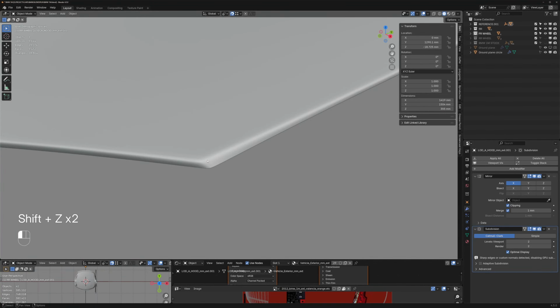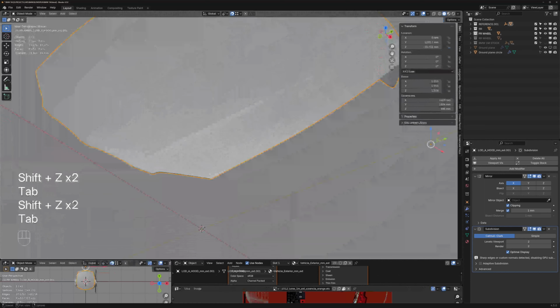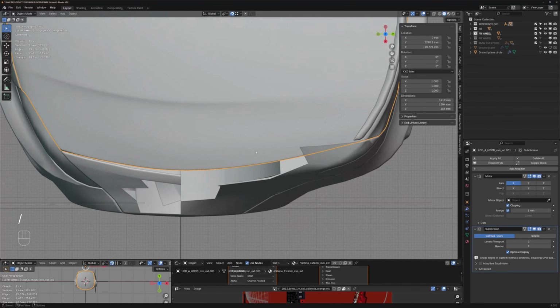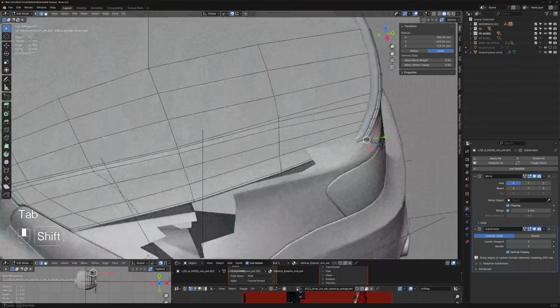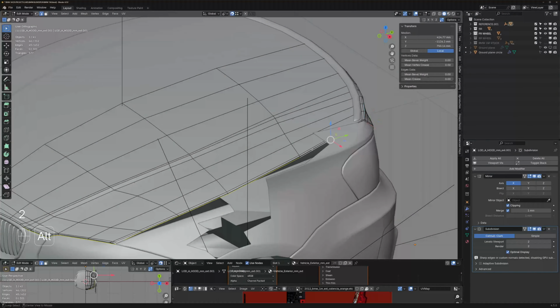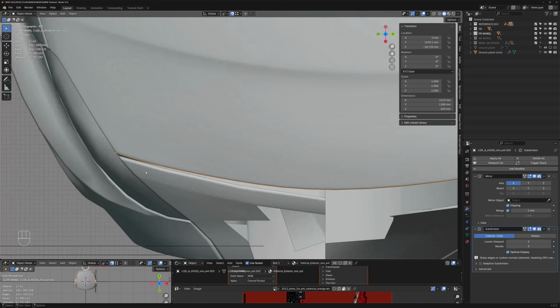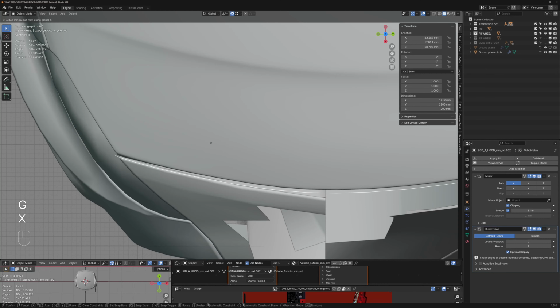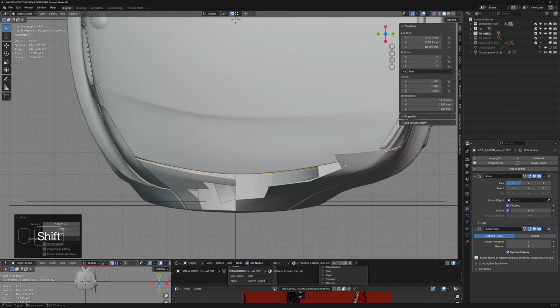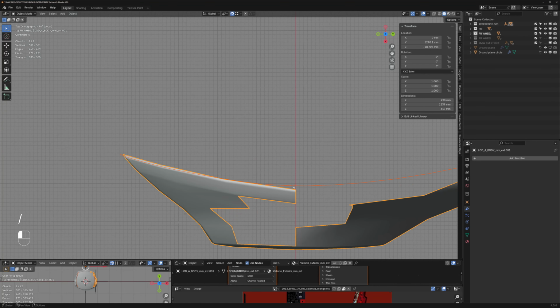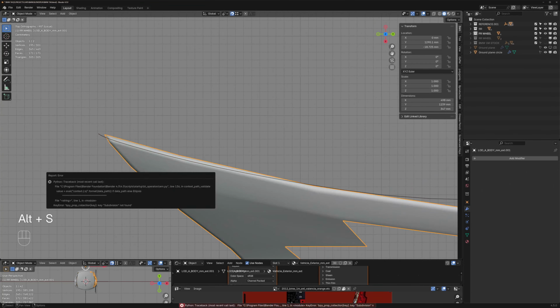And this is looking okay here on the front. There we go. Let's have a look now. What we're going to do is we're going to grab that edge there. We're going to separate it, which actually just duplicates it. And then we're going to move it down in X. And then we're going to aim the fender for that edge loop there. So let's